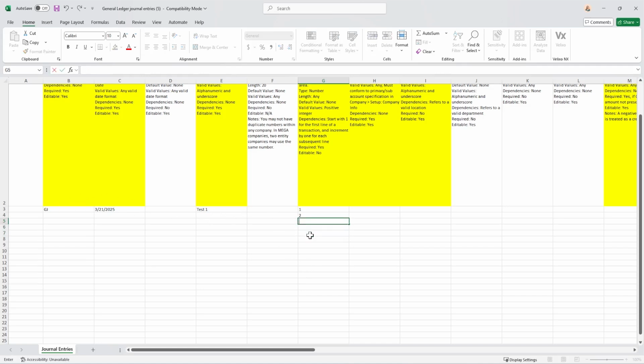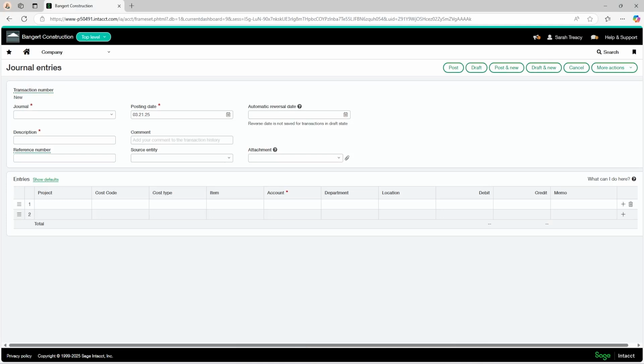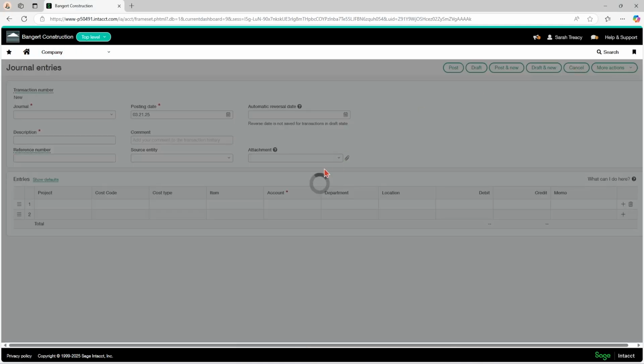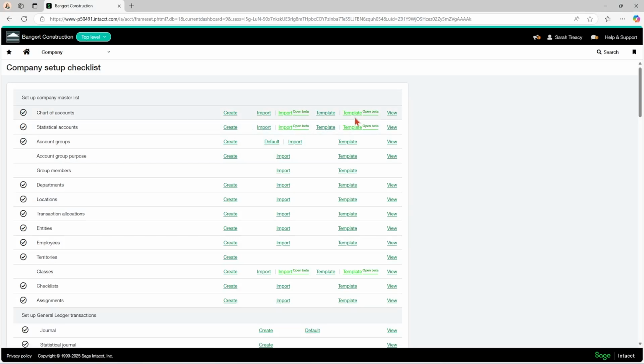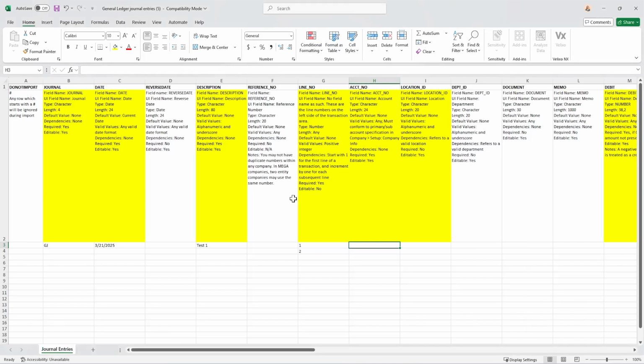So I am actually going to just do 2 lines. I'm going to do a debit and I'm going to do a credit. So next up, I need my account number. This is my GL account number. And you will have to go to your, well, you probably know this off the top of your head, but you'll have to go to your chart of accounts, and it's going to be the account number here. So I'm going to just do